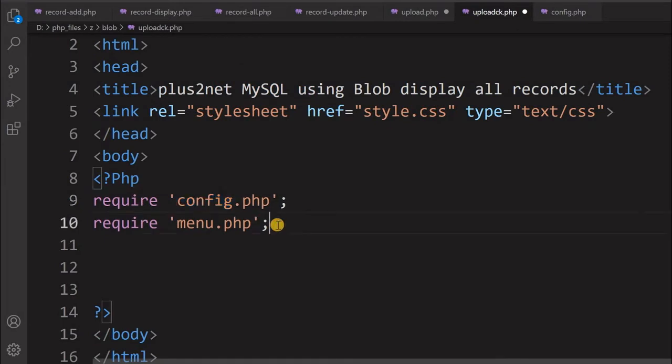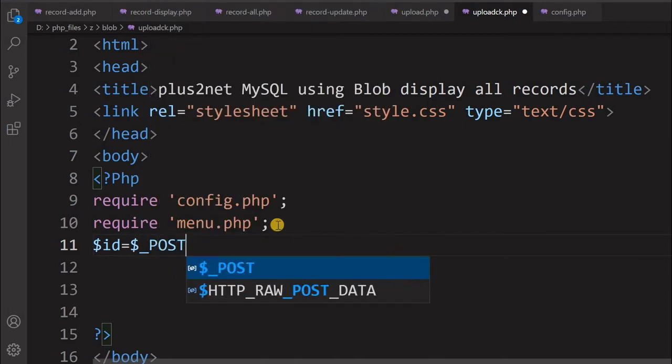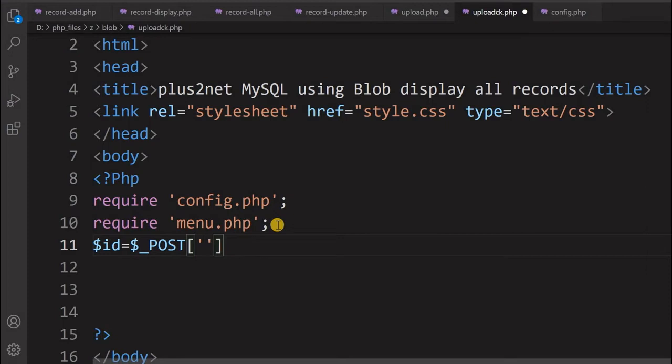Here we'll first collect the form data. There are 3 things we have to collect from it. First is the ID. This is a POST method, so we'll say $_POST id. This variable will hold whatever ID the user has selected in the form.